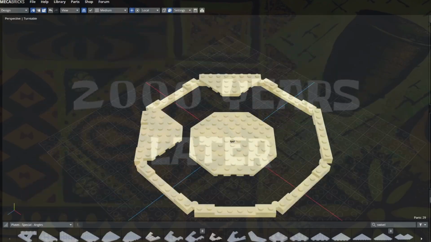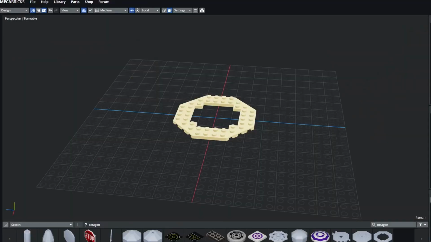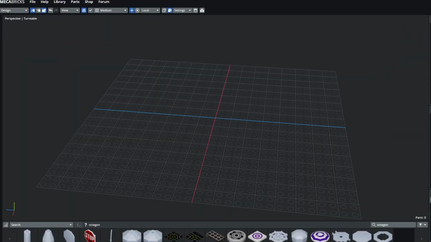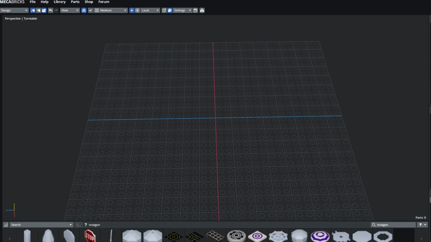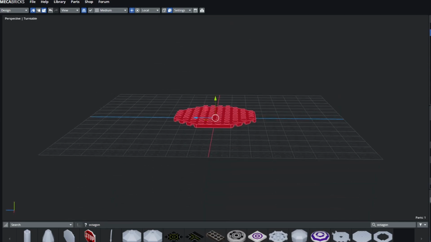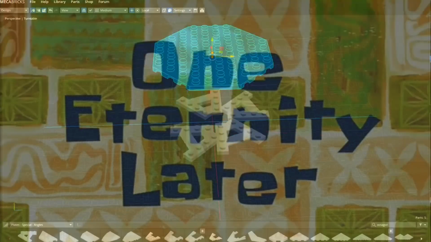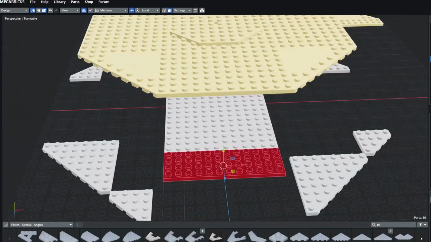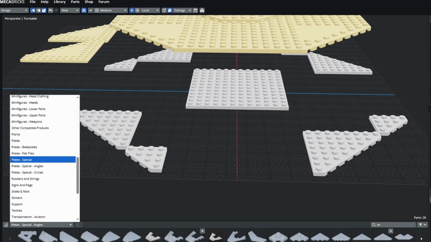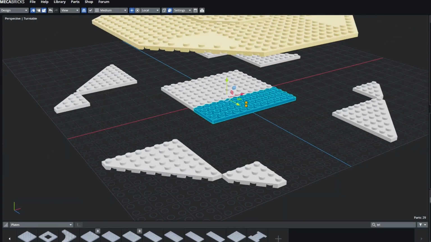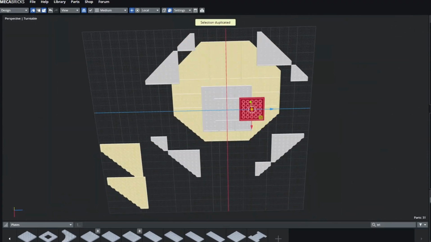2,000 years later. That first attempt did not go so well. And now I'm just going to restart it and hopefully improve upon the last one. 1 eternity later. After a long time of trying out different things using hinges and angled pieces and octagons, and